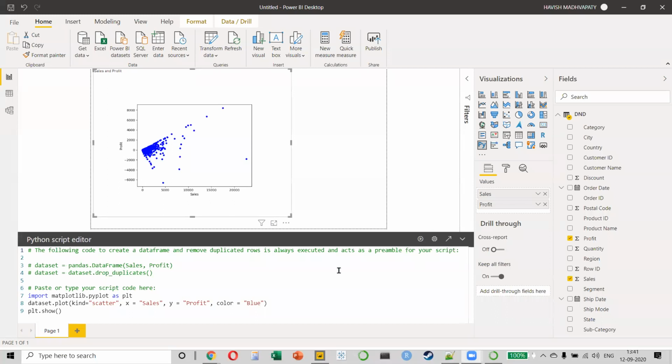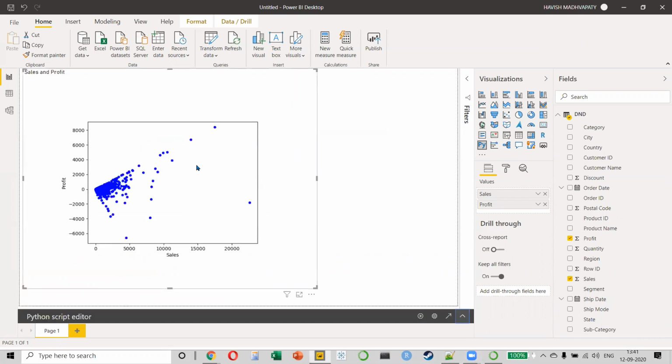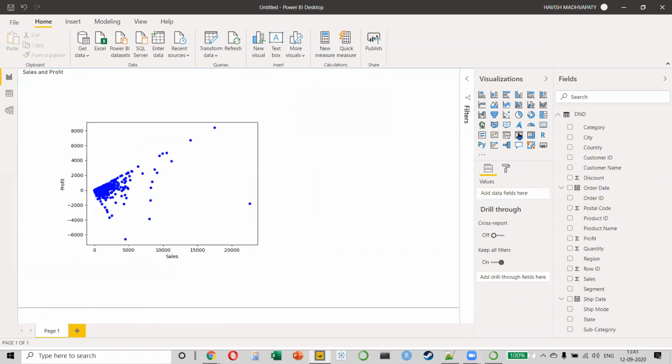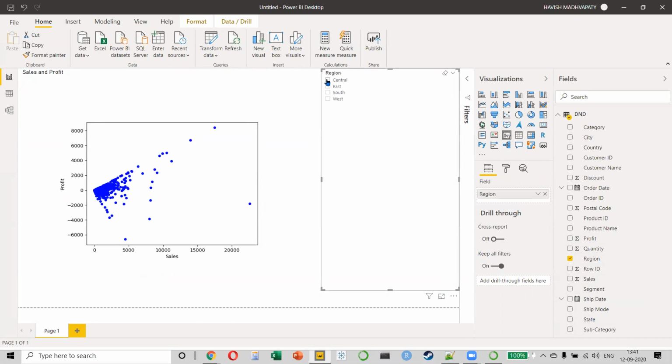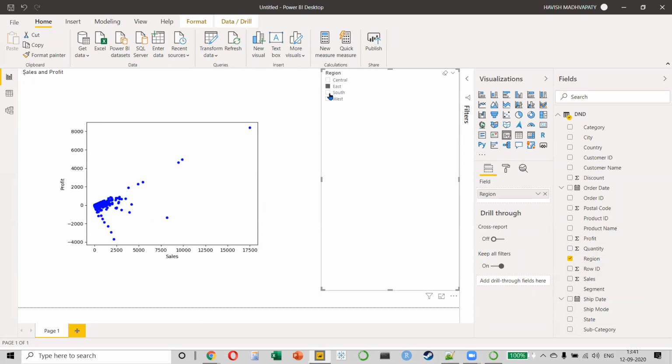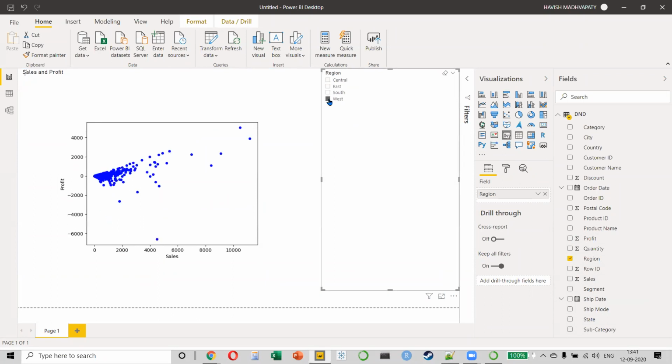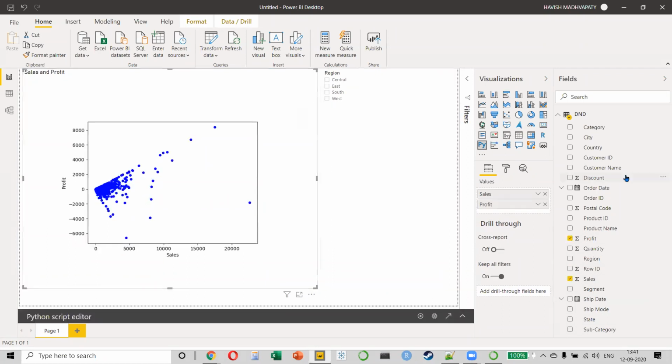Using Python on Power BI. Can you guys imagine how beautiful this is? Because the best part is that even though this has been created on Python, if I make, let's say, a slicer using Power BI, my Python visual and my Power BI slicer are interacting with each other, which is amazing, isn't it? And that's the beauty of using Python and R on Power BI.